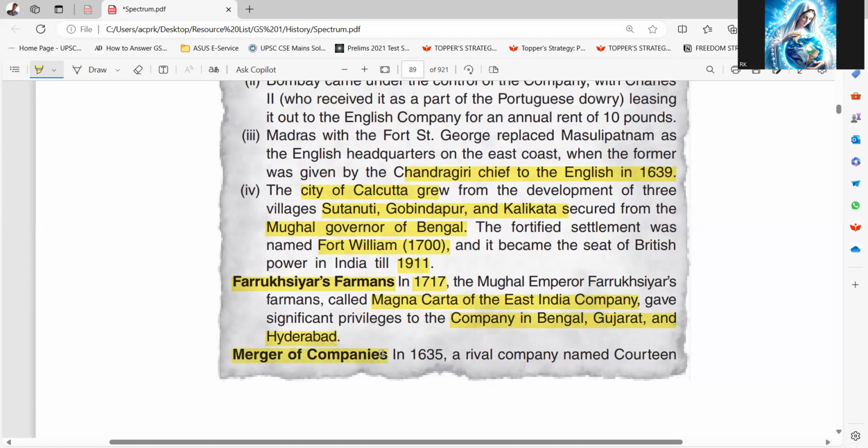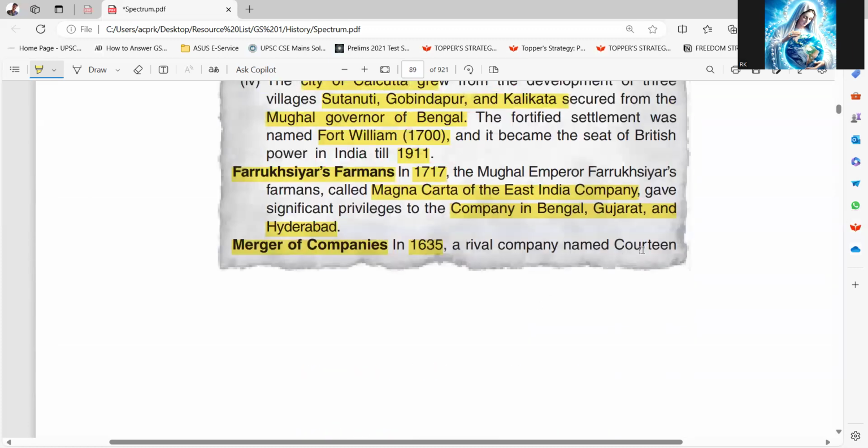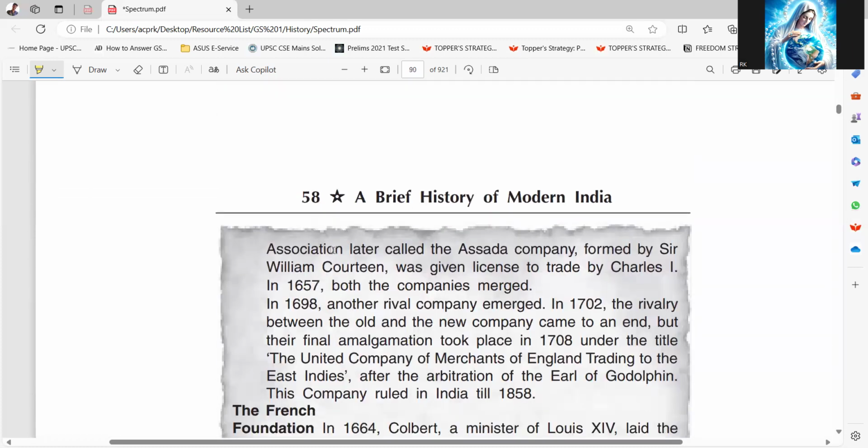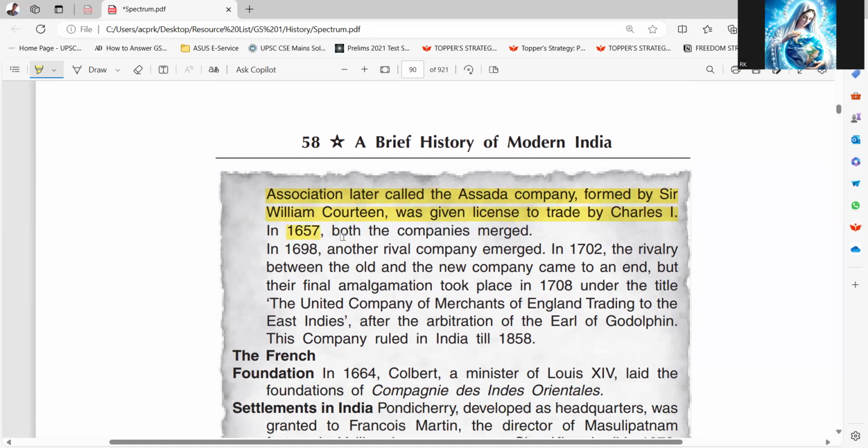Merger of companies. In 1635, a rival company named Courteen Association, later called the Assada Company, formed by Sir William Courteen, was given license to trade by Charles I. In 1657, both the companies merged. In 1698, another rival company emerged. In 1702, the rivalry between the old and the new company came to an end,